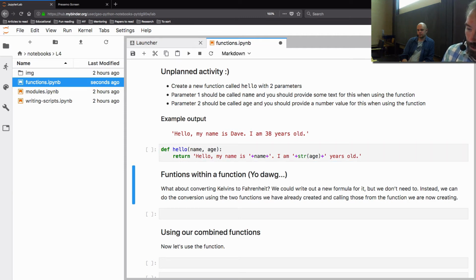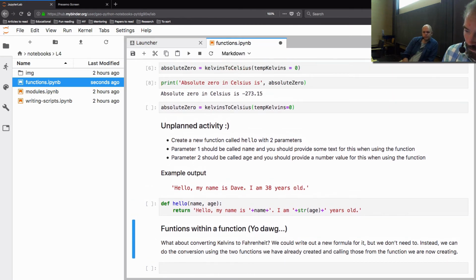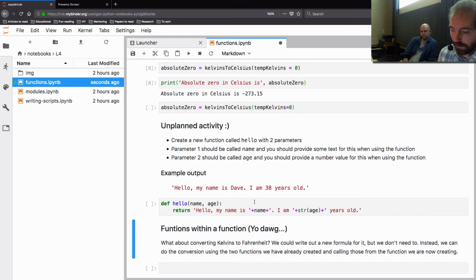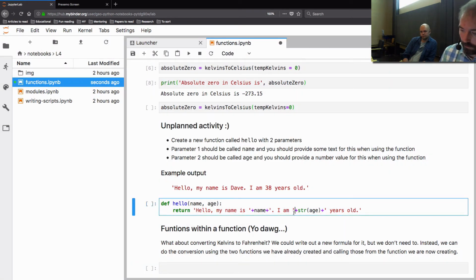And so I'm going to hit Shift, Enter, and I have no kernel. No kernel. No. Okay. I'm just going to click up here. If that's happened to you, if you're using Binder, sometimes the kernel dies. You can just click up at the top, and I just chose Python 3. Okay, so now that the kernel is running,